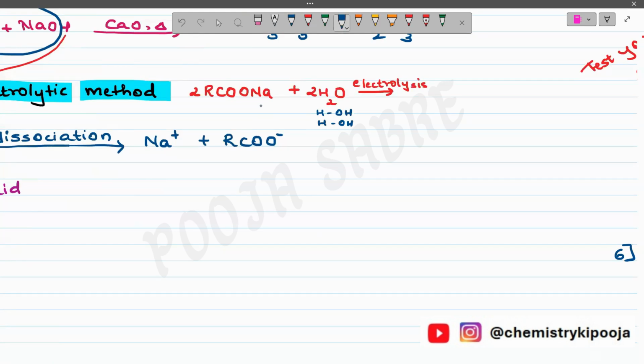So what is going to happen? I can see that there is Na, and this Na will take up OH. This Na will take up both the OH, and since we have 2 Na, I will be getting 2 NaOH. Like in the previous reaction the byproduct was Na2CO3, over here the byproduct is NaOH. Clear? Then the next one is, I have COO. That means CO2 will be removed. And how many COO do we have? We have 2 COO, so 2 CO2 will be removed. Clear?